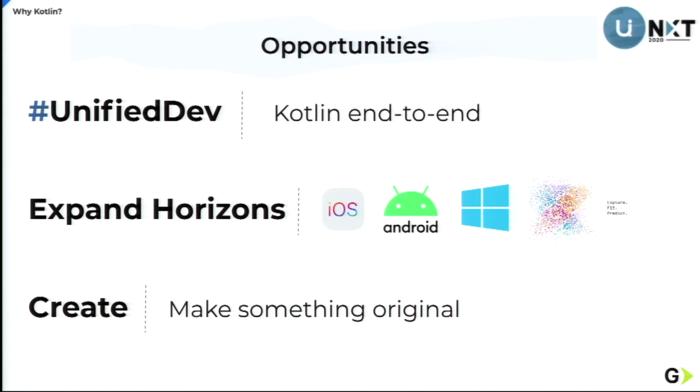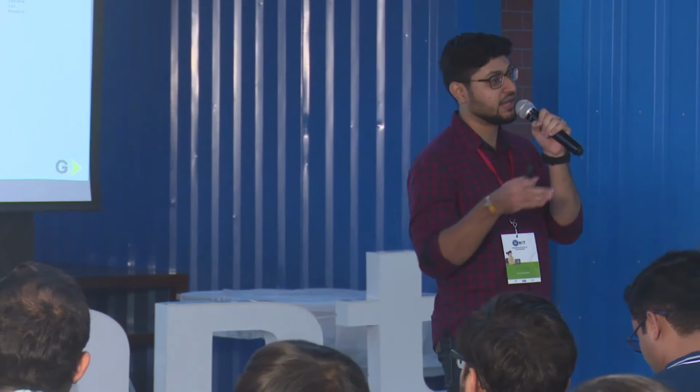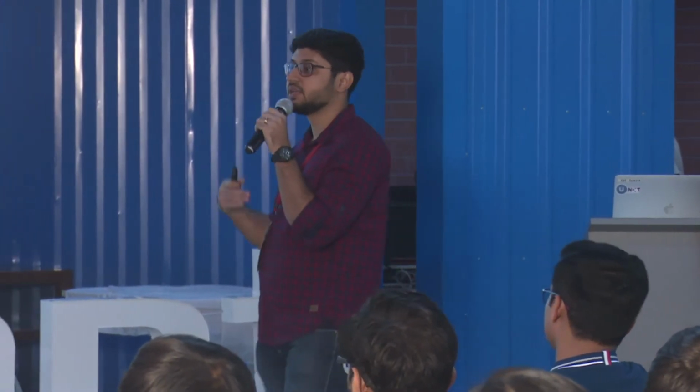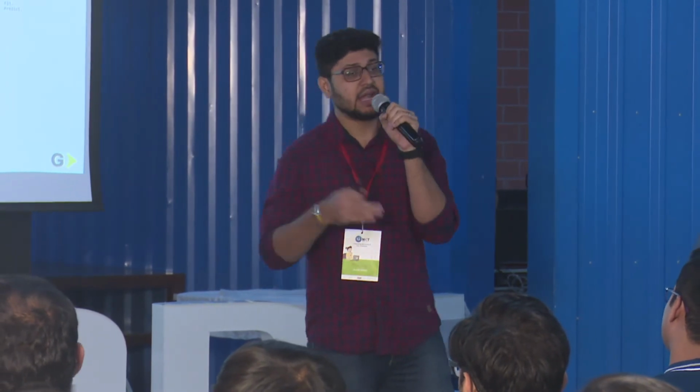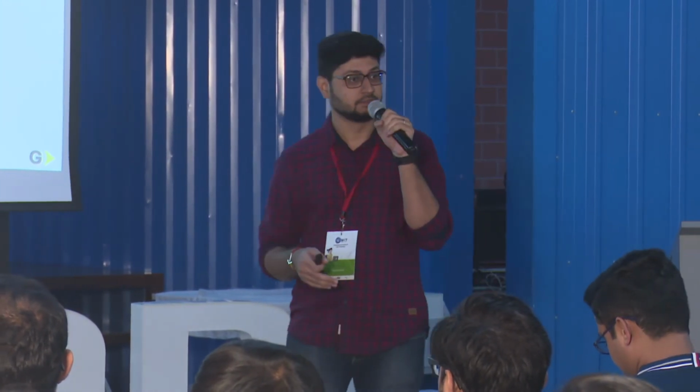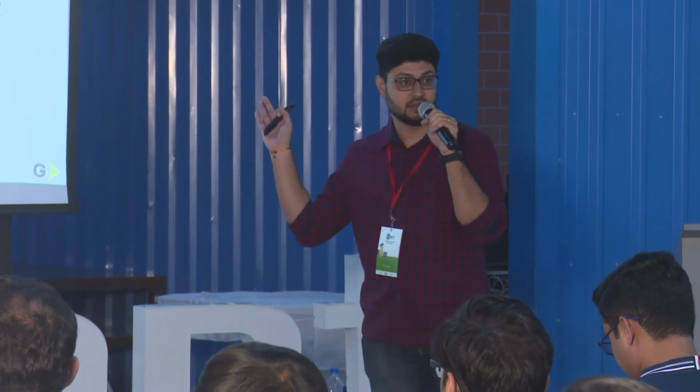Starting with the first one, #UnifiedDev. What we are saying is Kotlin end-to-end. We are making a case for that, specifically suited for projects which are Java based in the backend. As Nikhil said, a project in Java is seamlessly interoperable with Kotlin, right? And it is faster to move to Kotlin. It is fewer lines of code, and the whole case is there, right? So it'll be a really good point for Java projects to move to Kotlin. In fact, many of them are. And then your front end moves to Kotlin as well. That's what we call Kotlin end-to-end, right? So that will make for a unified experience.